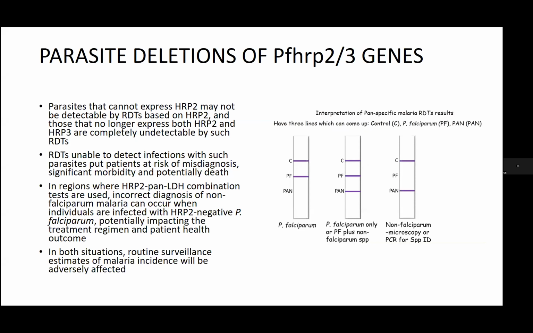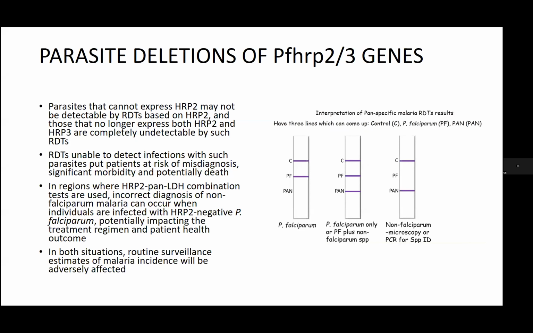In certain areas, HRP2 along with pan-LDH, so that's lactate dehydrogenase combination tests, are used. So the HRP2 is P. falciparum specific, and the LDH is pan-malarial antigen, so detected across all species. So as you can see here, in HRP2 deletions, you may have an infection with Plasmodium falciparum that does not